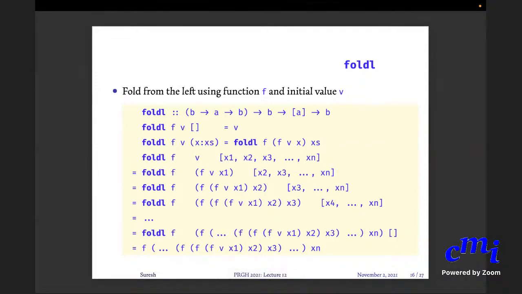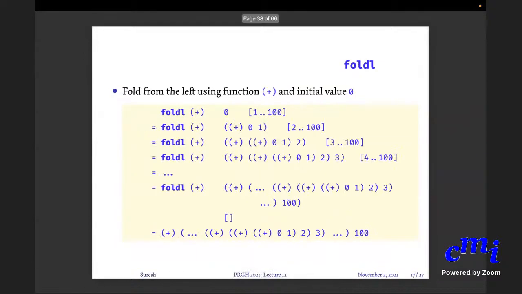Because Haskell is lazy. Haskell won't evaluate it till it needs the value. Right now, that is one expression, and it is rewriting it to another expression. So it will keep the expressions around. Finally, it will rewrite it to this huge expression only when it comes to the empty list case. And after that also, if you want to print it, maybe then it will evaluate it.